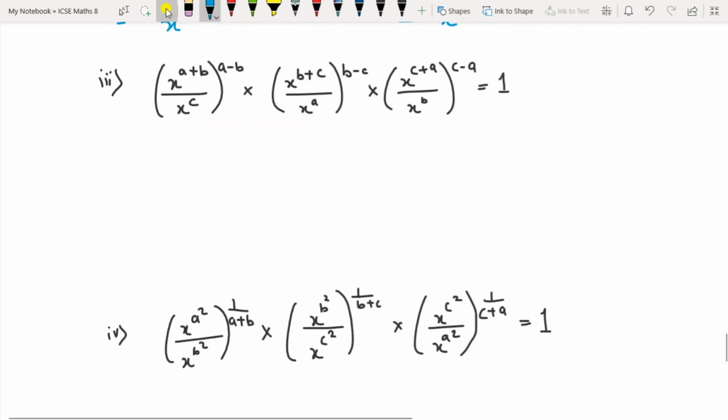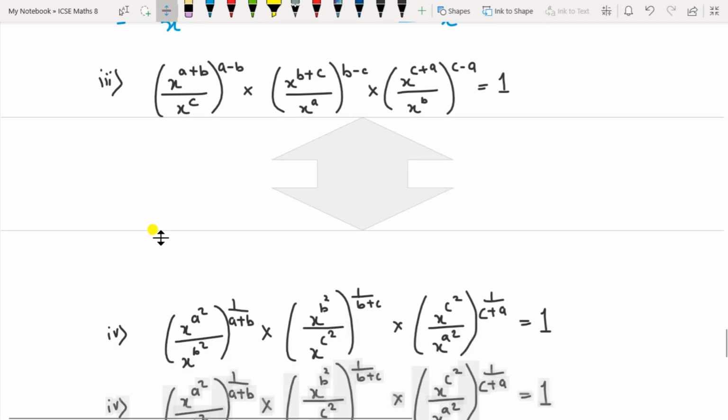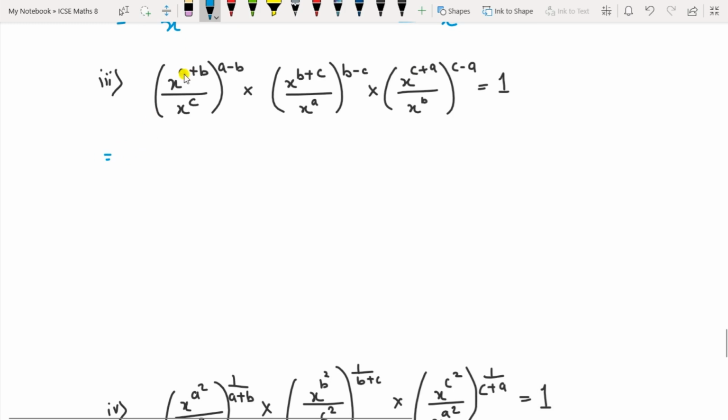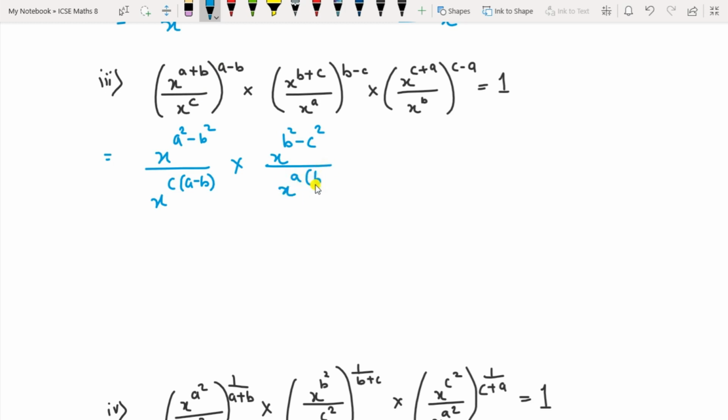Now the third question is, that is a plus b into a minus b, and the denominator is c here. So multiply this a minus b to each of the terms here. So this is a plus b, a minus b, so it becomes x raised to a square minus b square, upon multiplying this c with a minus b. So it becomes x raised to c into a minus b, multiplied by x raised to b square minus c square upon x raised to a, b minus c,